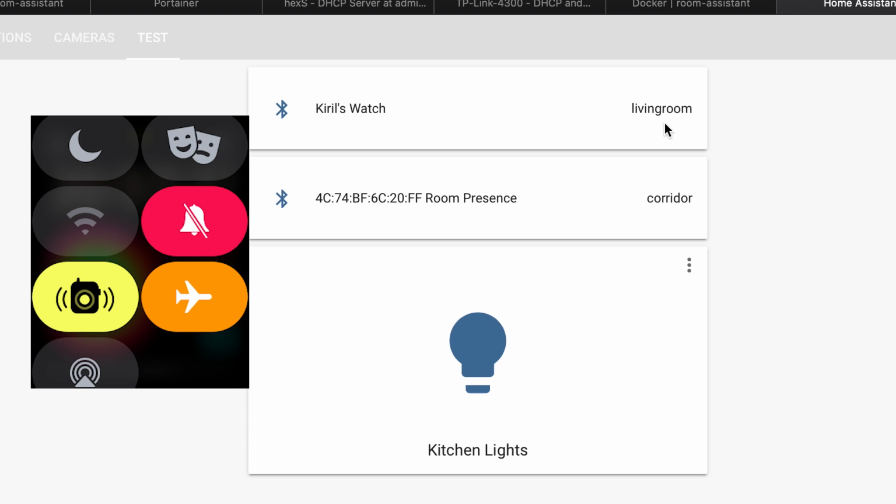It will go to living room, I'm not sure why, and then to not home. Okay, good. Now I'm not home. So I'll disable the flight mode, which will actually enable the Bluetooth. And I'm in the corridor and the kitchen lights are on.